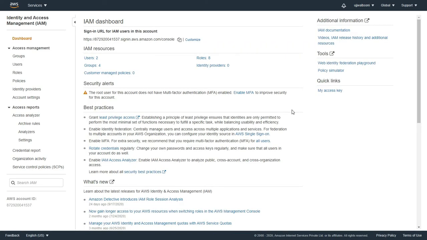One more thing I would like to show you is the customization of the IAM sign-in URL. As you can see, AWS automatically generates this URL, which has some number in the sign-in URL. AWS also allows you to customize this URL because it's very hard to remember this number. So let's do some customization.